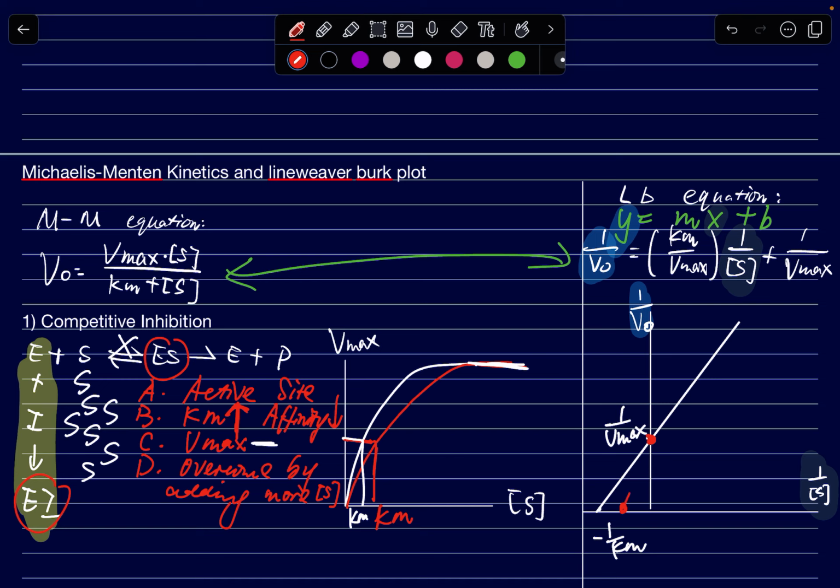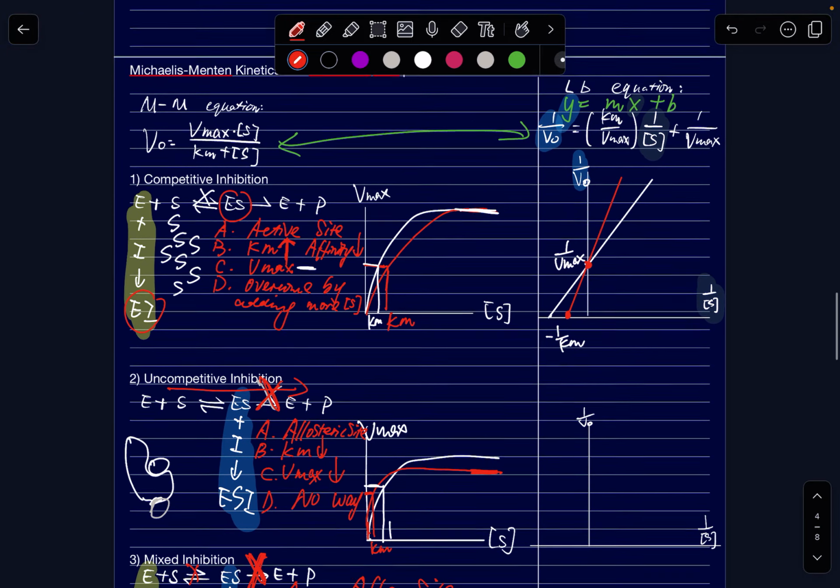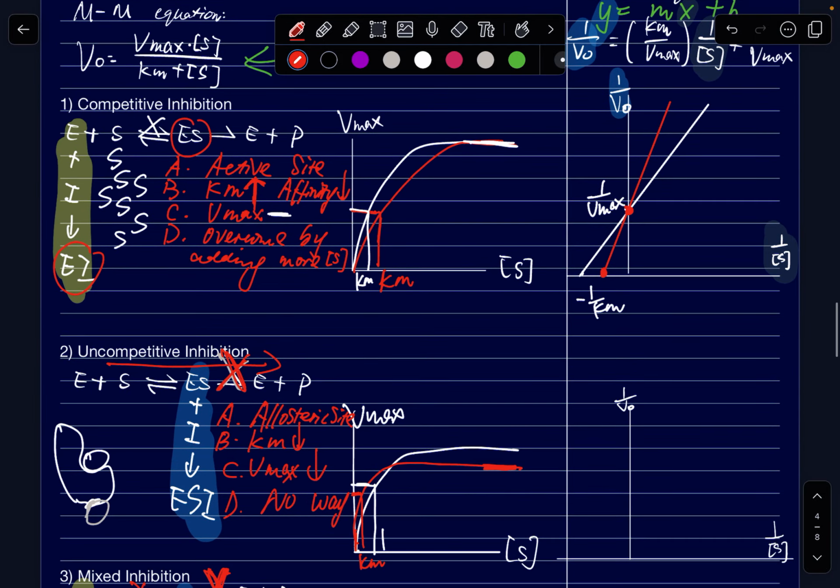Okay, so if I were to plot this, that's the graph after competitive inhibition, okay? Easy. So now let's draw the case for uncompetitive inhibition. Once again, the y-intercept is 1 over Vmax, and I suggest you memorize 1 over Vmax as the y-intercept, and then negative 1 over Km as the x-intercept,